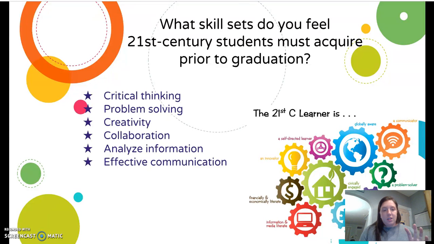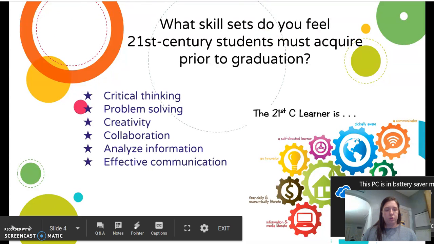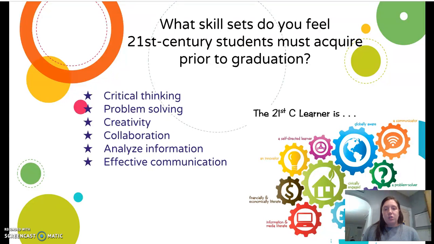It shows the gears, and I think that really has to do with the 21st century learning style. There's a lot of moving parts in order to come to a solution. A lot of creativity. Students are being faced with more challenges that require them to use more creativity when creating and solving problems and working together.